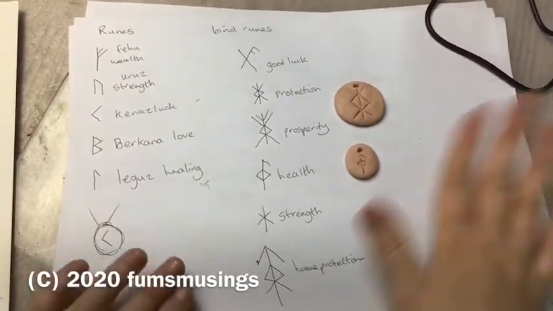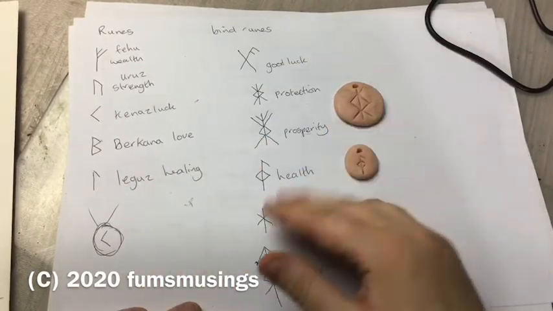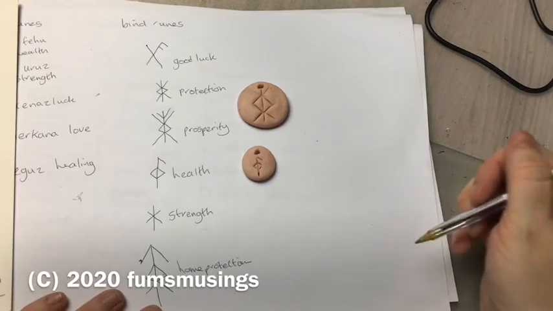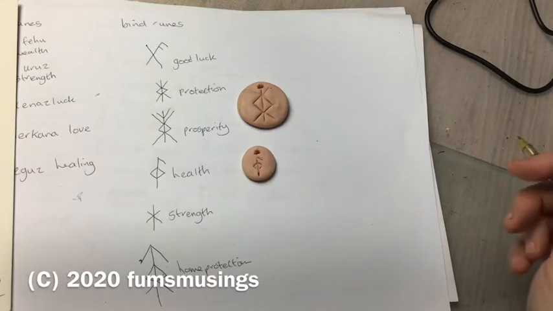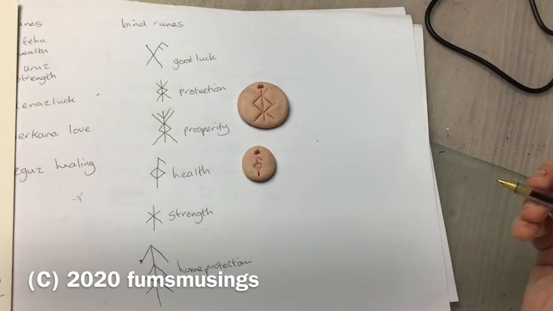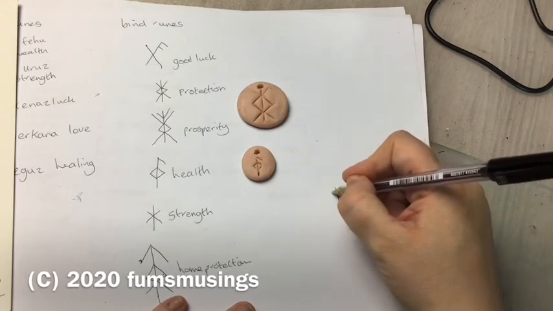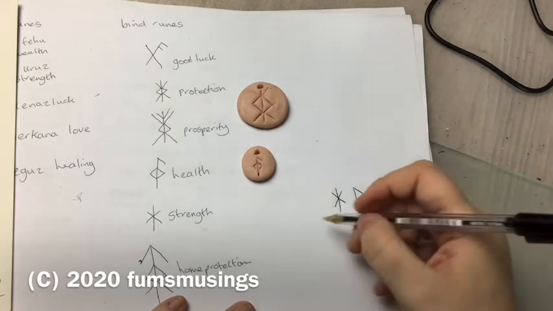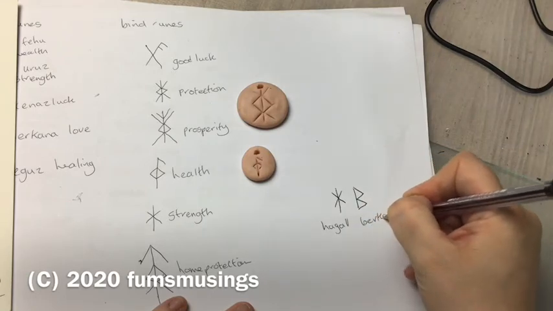But yeah, so this is how to make little bind rune charms and a little bit about runes and bind runes. And then one fact that everyone always tells everybody about runes is the symbol for the Bluetooth logo, which for some reason I didn't write the whole symbol down. But basically for the Bluetooth symbol, it's this one combined with that one, and it's Hagal and Birkener,